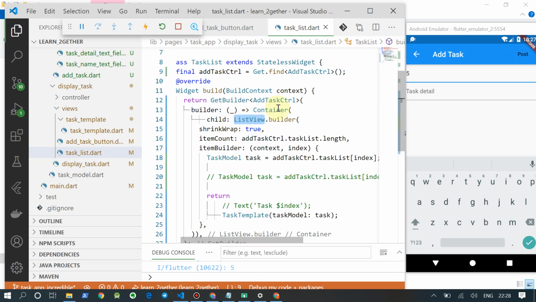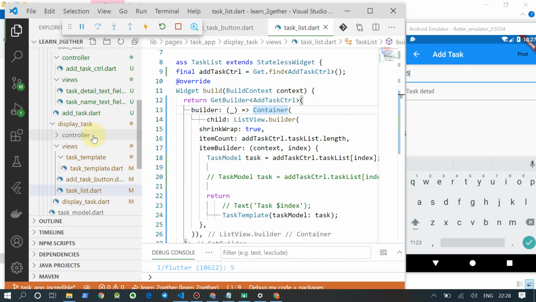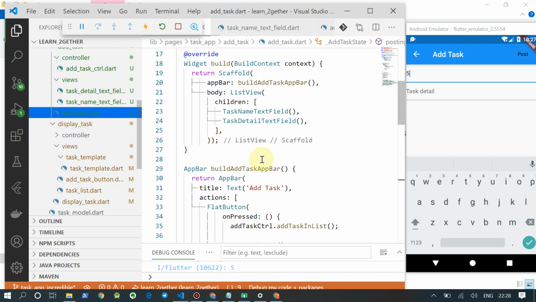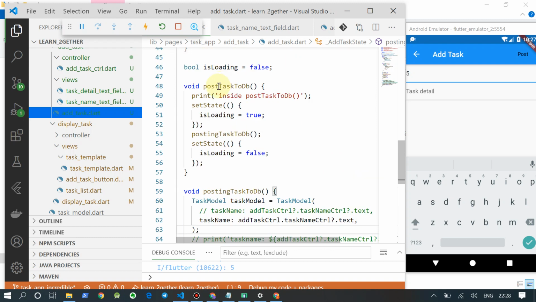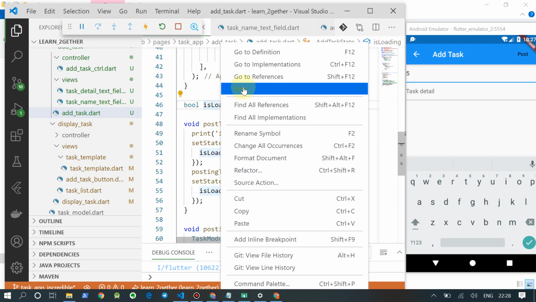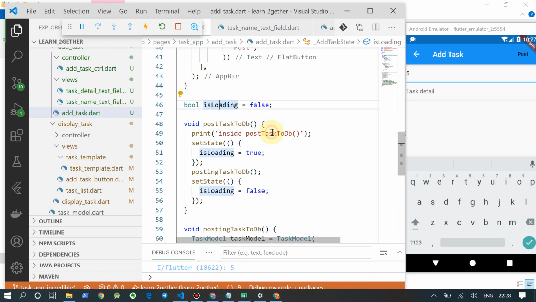It is written in display builder. We have to check if is loading, not is uploading, it should be is uploading. Where is it? In add task the variable name should be is uploading. So in order to change it everywhere, we can just use rename symbol.